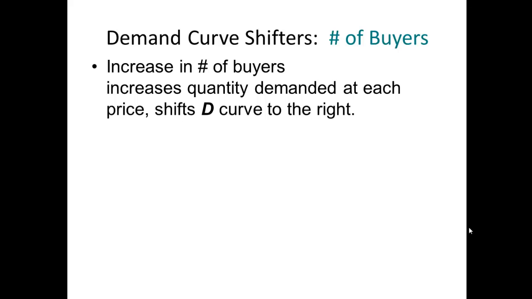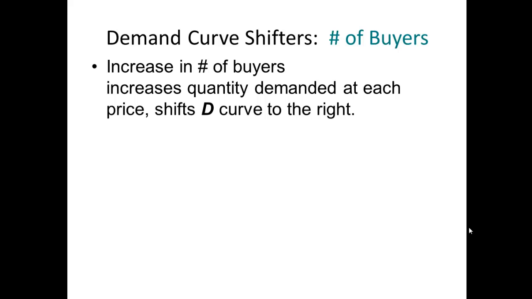So if I am selling ice cream and I have my one class, my 8 a.m. class, those are my buyers. And then in that class there's 6 students. So my market demand for those 6 students will be at X level depending upon the price. Now, if I add more buyers, the price for my ice cream stays the same, but now I have more buyers. So if I included not just my 8 o'clock class, but my 10 o'clock class as well,